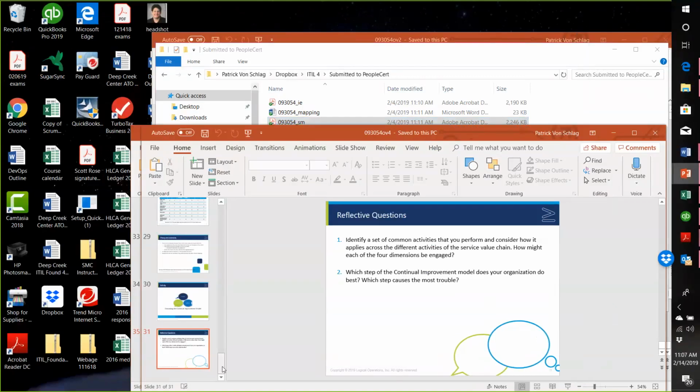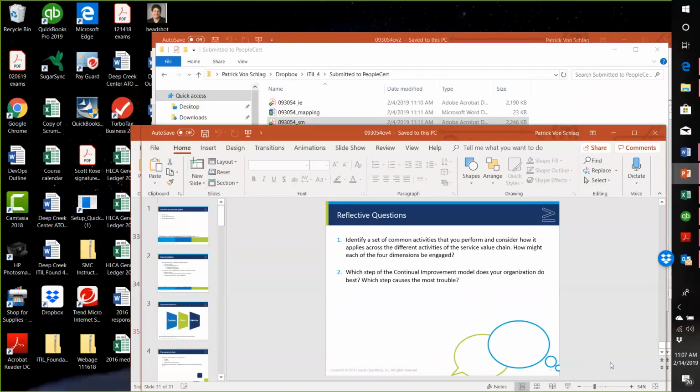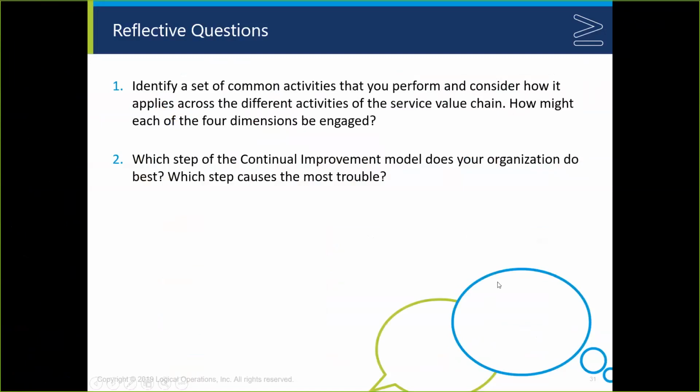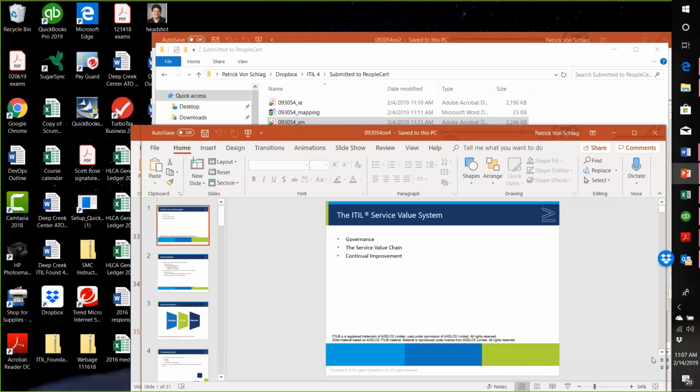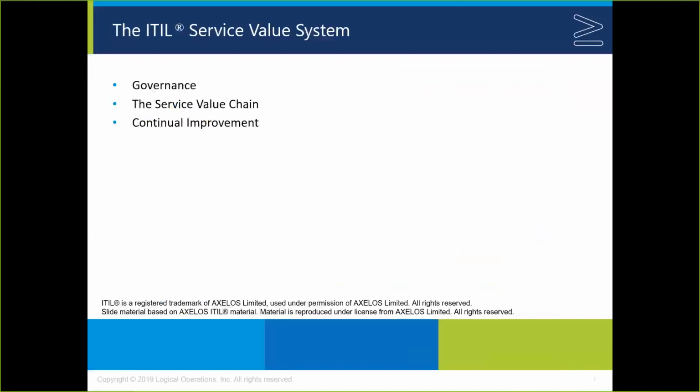Okay, so next chapter. This is very specifically about the rest of the service value system other than covering the section on the practices themselves. In order to make this consumable from a courseware perspective, we needed to take the service value system and break it into pieces. Some parts require more coverage and more detail, specifically the areas around the service value chain and continual improvement. Then there's the practices themselves, which are virtually like half the course. And then we have the rest of it.